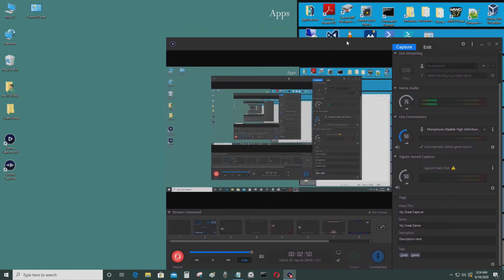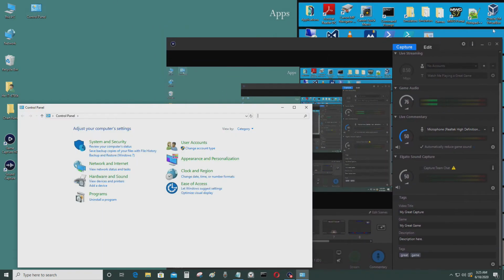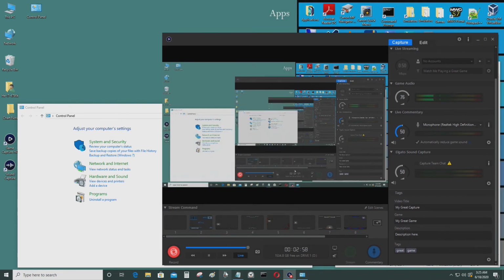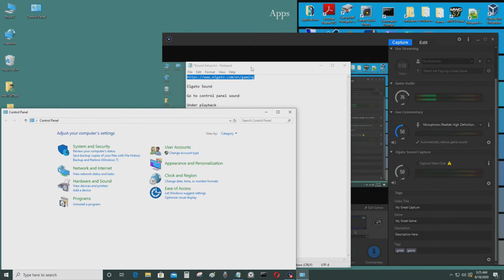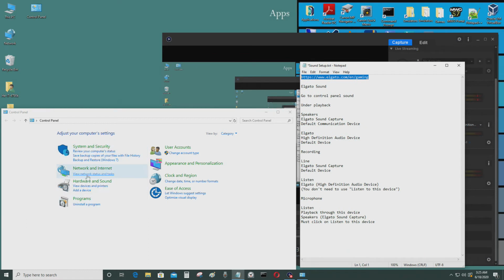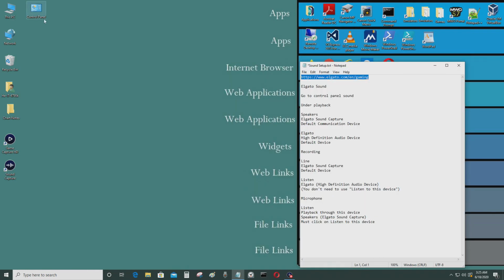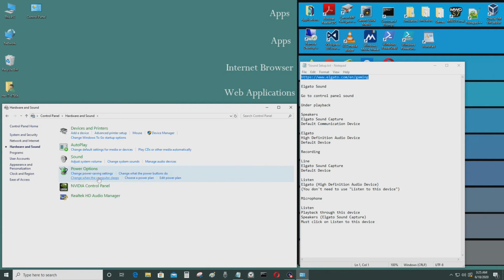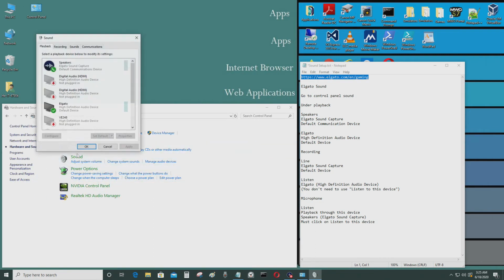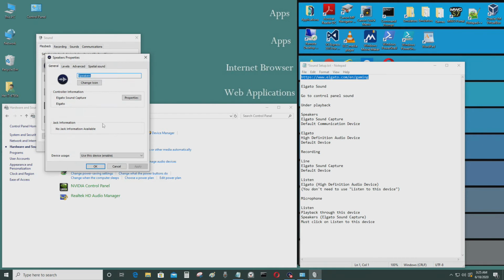So the next thing you have to do is you need to go to control panel, and here's my cheat sheet. So you go to, I'm gonna go back again. So it's control panel, hardware and sound. Then you'll get this option in playback. It'll be speakers. So you right click, go to properties,